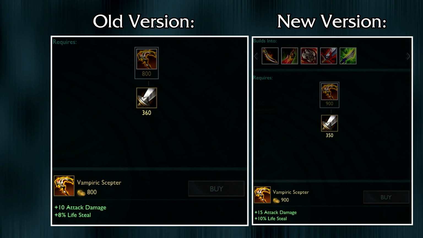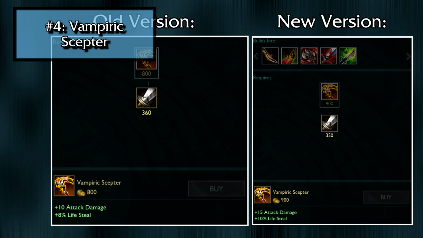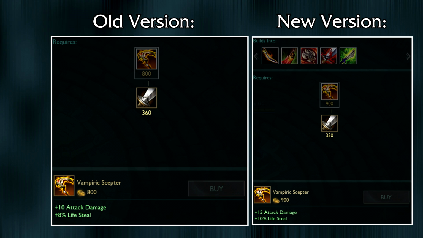Number 4 is Vampiric Scepter. Although this item has only received what seems to be a minor change, it's actually a really good item now and plays a very interesting role for the game. Vampiric Scepter has always been the item that defines the worth of lifesteal in the game, being the cheapest lifesteal item with measurable stats. And this new update to Vampiric Scepter, making the stats much better and much more efficient,